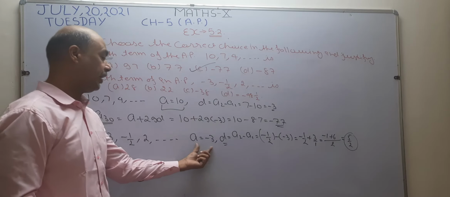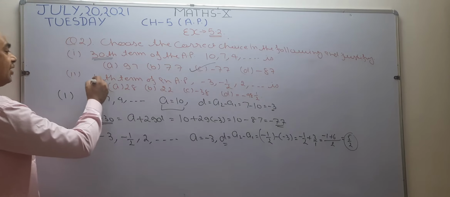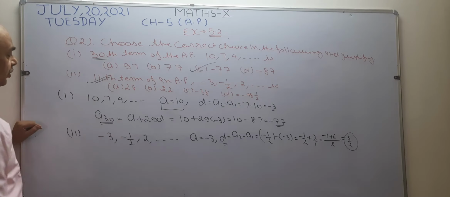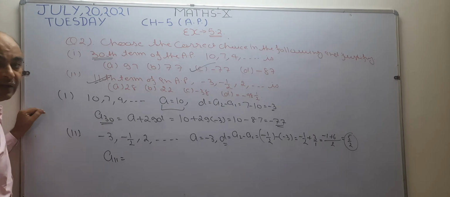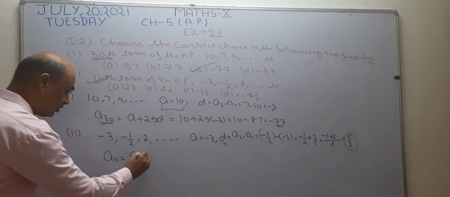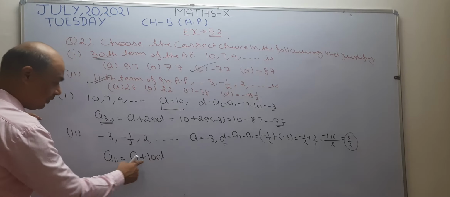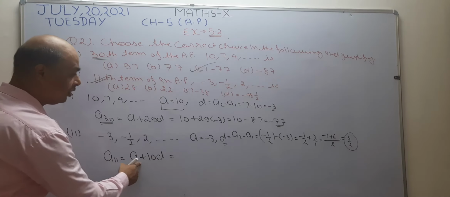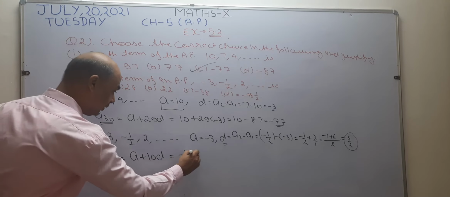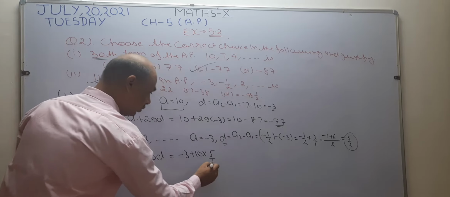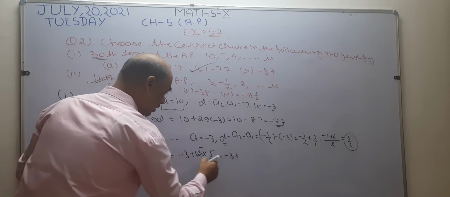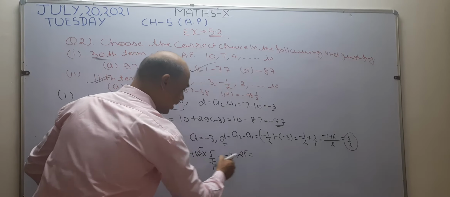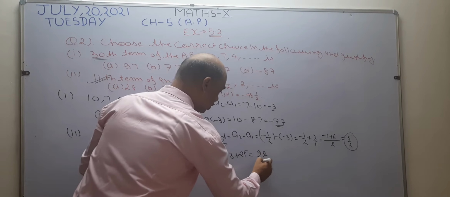After getting the value of A and D, I am going to check its 11th term. So in this second part, we have to check the 11th term of an AP. So I write here 11th term of an AP. How do we find the 11th term? Formula for finding the 11th term is A plus 10D. So what is the value of A? Value of A is minus 3 plus 10. What is the value of D? Value of D is 5 by 2. So write here 5 by 2. 2 ones are 2. 2 fives are 10. So this becomes minus 3 plus 5 fives are 25. 25 minus 3 is 22. So the right answer is 22.